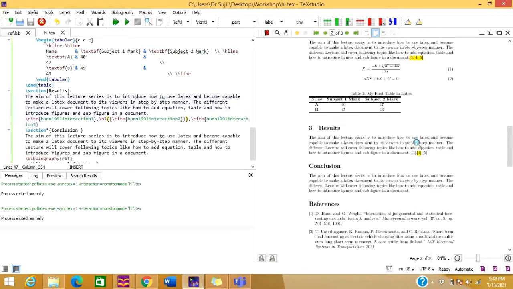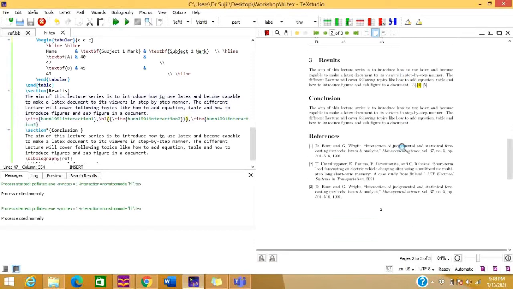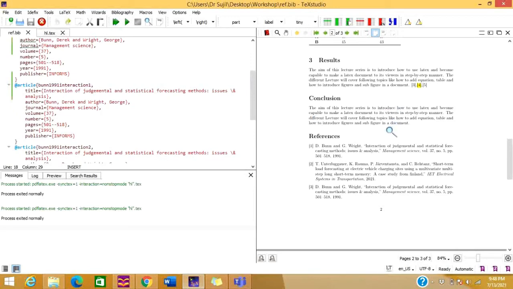highlighted. Now suppose in another case you can also highlight the references which are appearing here. For highlighting that, suppose you need to highlight this portion, interaction of Judge Mendel. From here to here you need to highlight. So for that you need to go to the BIP file. I have already opened this file over this tab. I'm just opening it, and let us see which case this is. We need to